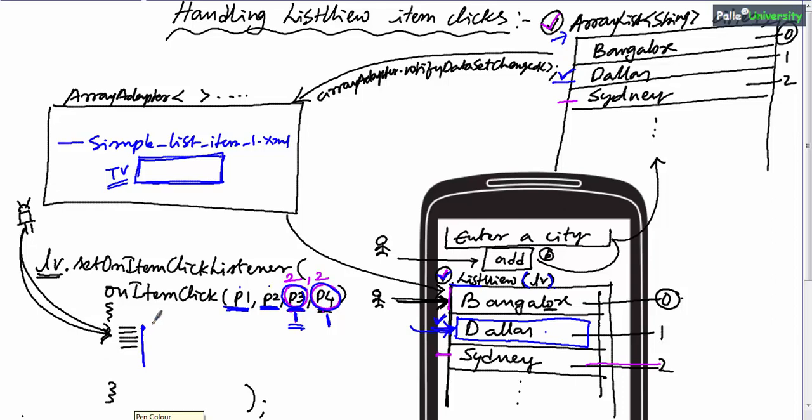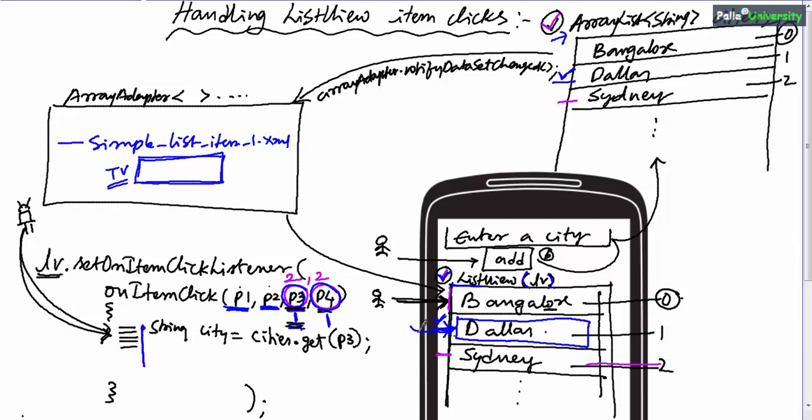So in our example, the code will look like this. String city equal to, based on this position, which is an integer, we will request the array list. What is the array list name? cities.get(p3), where get is a predefined method of the array list. Let us say p3 is an integer variable which contains the position of the element in the source.